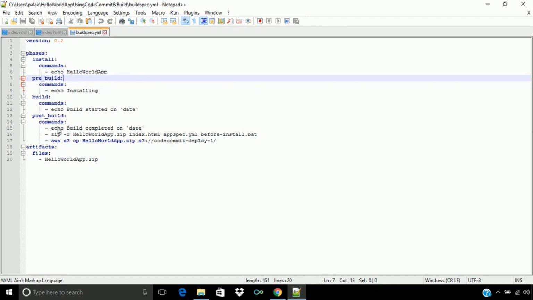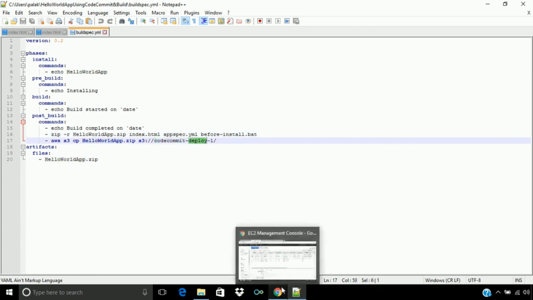In post build, we have echoed the build completion date. After that, we have used the zip command to zip all these three files into the file hello world app.zip, and we have also specified the bucket name. Here I will change the bucket name.